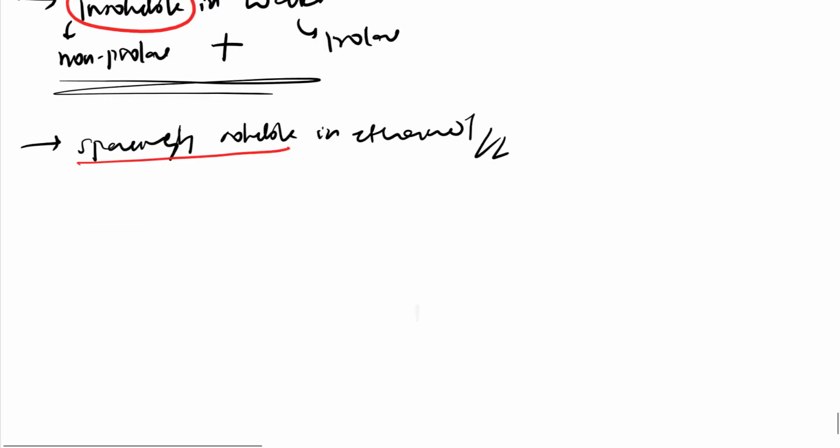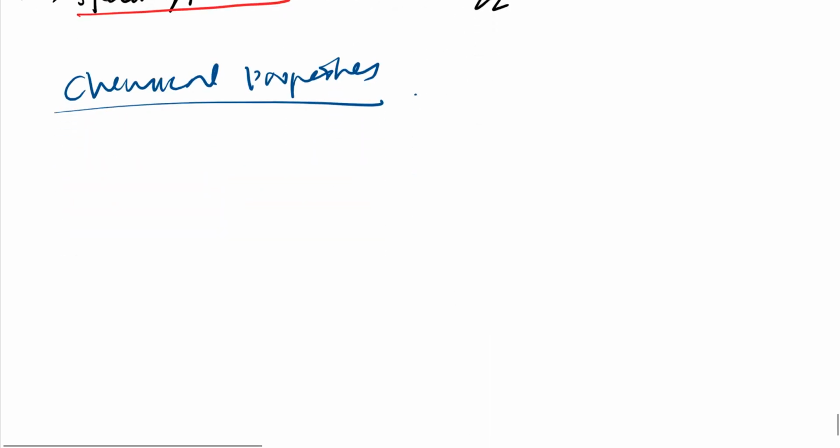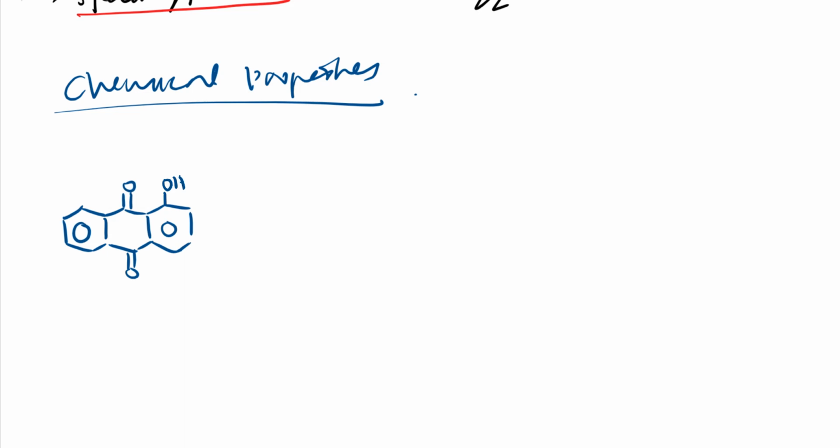So next let us discuss its chemical properties. I have told you we can call this chemical properties or chemical reactions also. So we always start with alizarin only, because we are studying the chemical properties of alizarin. So benzene ring, double bond O, OH here, OH here. This is the structure of alizarin. What I will do is reduction. How will I reduce? I will use zinc in ammonia. If I reduce it, I'll get this product.